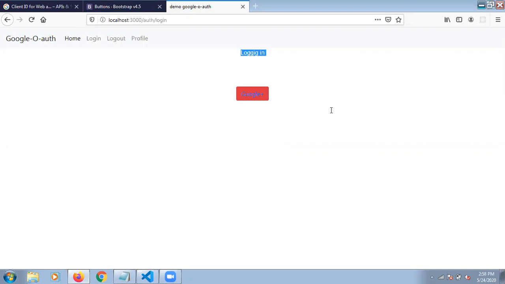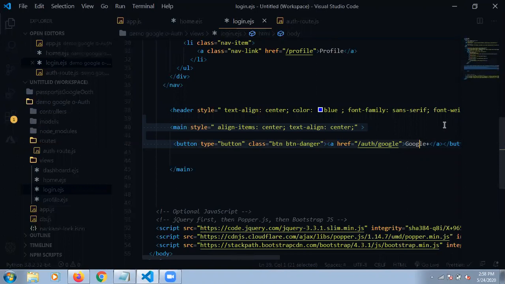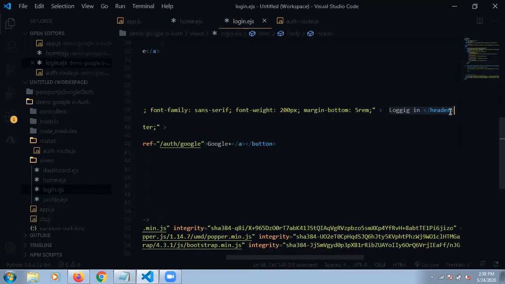It's starting logging in. Just we are writing something, and we are giving the font size also, don't worry. We are writing some heading inside our header.